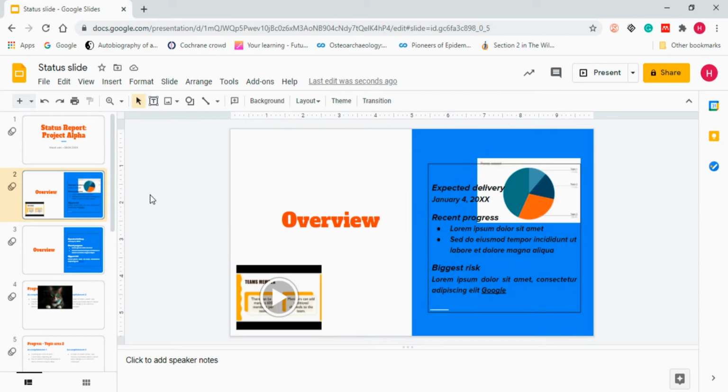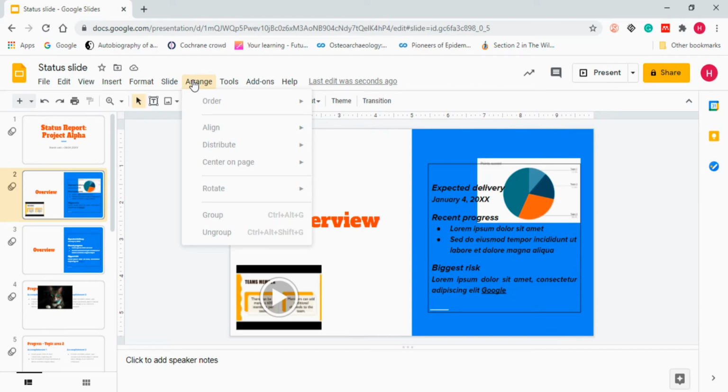Last thing I want to say, to open up the features in the arrange section, you have to click on the objects. You have to select multiple objects, then you will be able to see the multiple options in your arrange section. Otherwise by default there is nothing that works for you. It only works when you select either text, image, or a particular feature that you want to change the order, alignment, distribution, or center of the page. This is how you can use the arrange section.